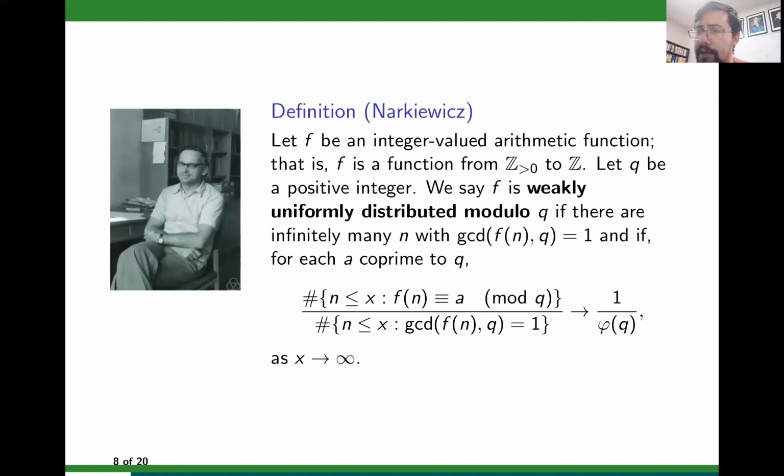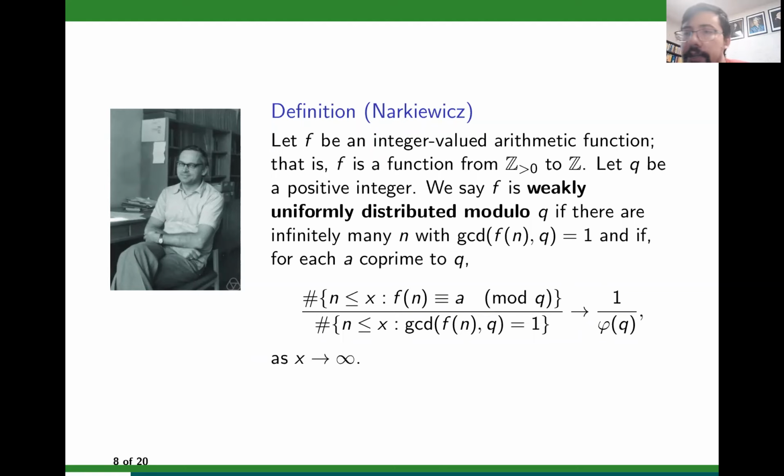So motivated by this, we might wonder, is there any sense in which the values of phi of n could be equidistributed mod q? And one proposal was made by Narkevich. So here is the definition of weak uniform distribution of an arithmetic function. Again, same setup as before. I have an integer valued arithmetic function. I have a positive integer q. I'm going to say that f is weakly uniformly distributed modulo q